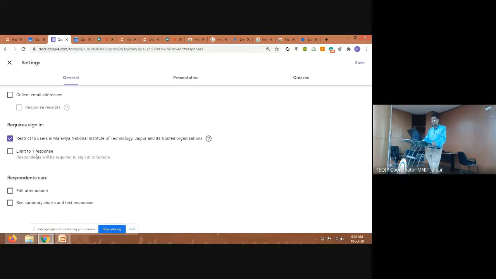And if you want to limit to one response from each student, then you can click it. Restrict to users in the organization. Edit after submit option: if you want to give this option to the student, you can click on this. And if you want to see the summary chart and text responses, that also you can do.